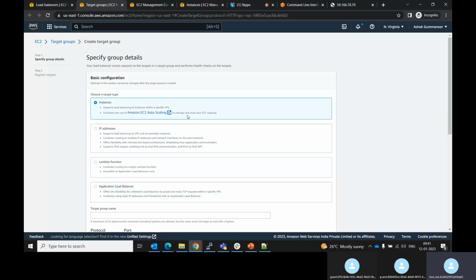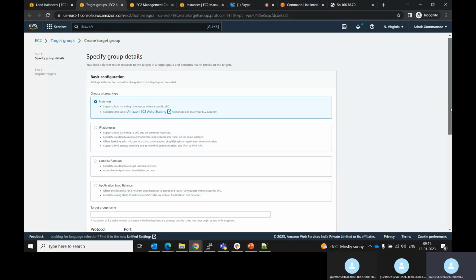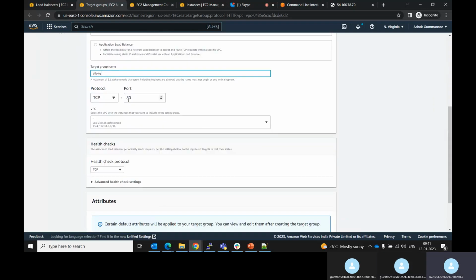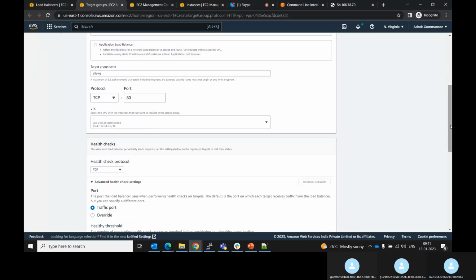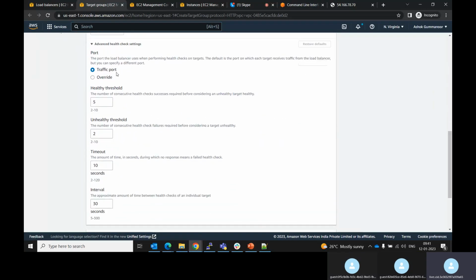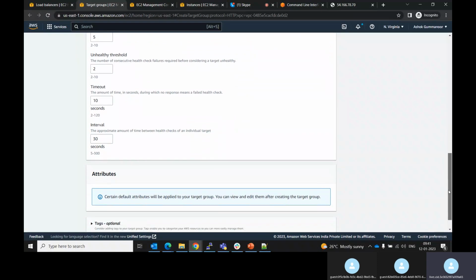So we will take instances, so that whatever instances we have created, it will pick them up. What should be the name? ALB target group. What is the protocol? It should be TCP port 80 and the default VPC. Health check protocol, TCP. Now here are the advanced settings. Healthy threshold value 5, unhealthy threshold 2, timeout 10, interval 30. So what exactly this means is: